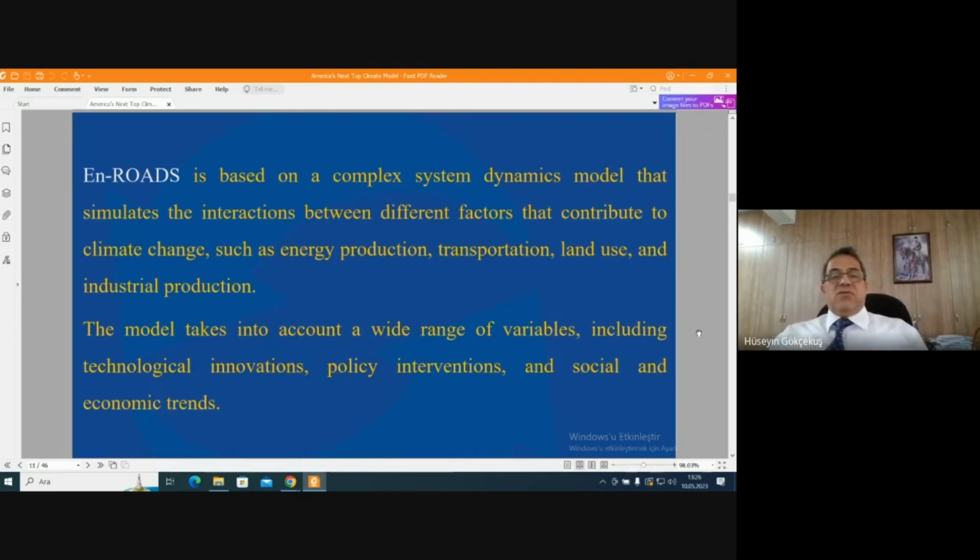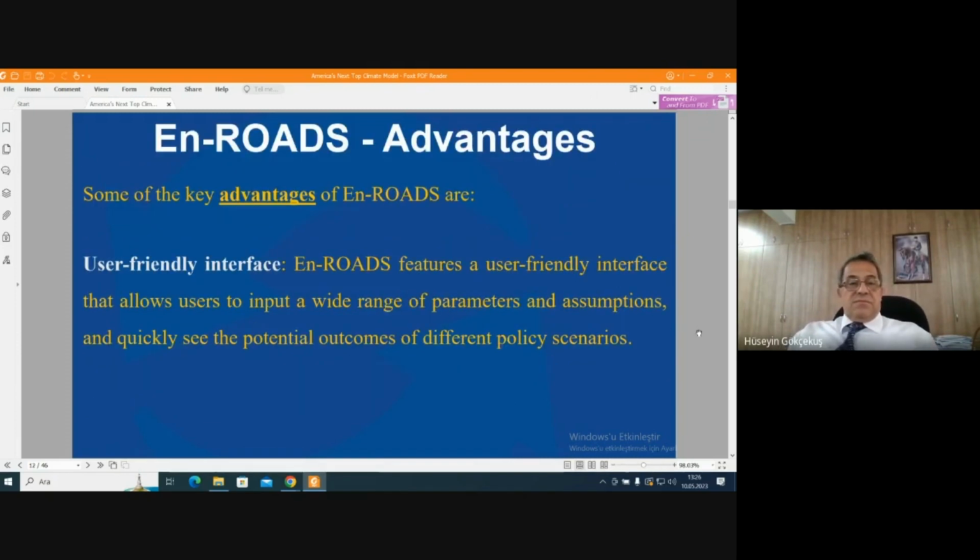En-ROADS is based on a complex system dynamics model that simulates the interactions between different factors that contribute to climate change, such as energy production, transportation, land use, and industrial production. The model takes into account a wide range of variables, including technological innovations, policy interventions, and social and economic trends. En-ROADS' advantages: